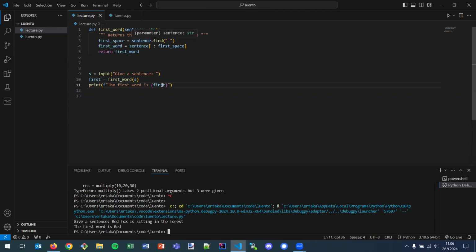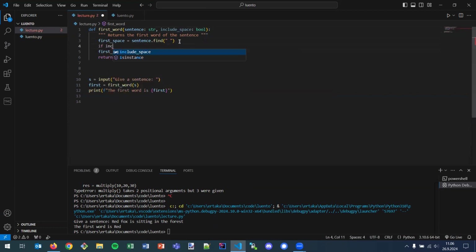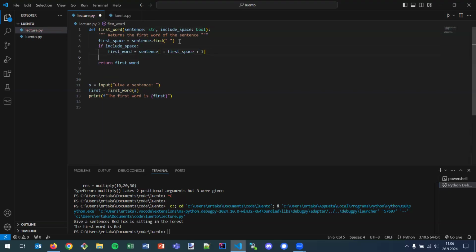And then about the Boolean. Let's say that we want to change the behavior a bit, or want to have an optional behavior whether we want to include the space after the word. So let's say that when you're getting the first word, in some cases, you want to include the space after the word. In some cases, you don't. So it might be a good idea to just provide this opportunity for the user to decide. And then we need to take the